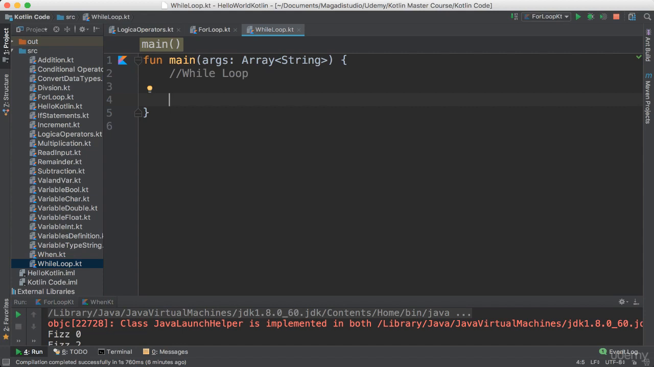Okay, so for while loop to work, we have to have a counter. Otherwise, we run into a lot of issues. So we're going to say var counter is equal to, give it